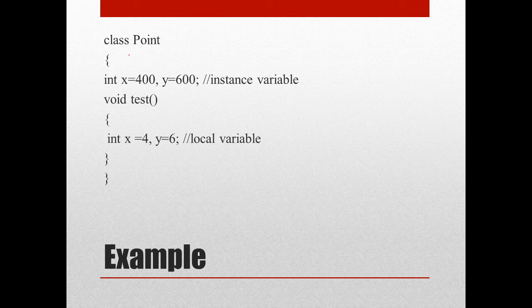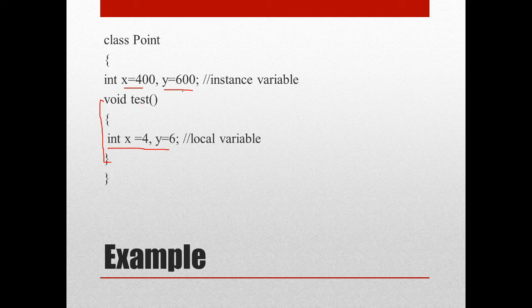In this case, we define two instance variables inside a class. We have integer x is equal to 400 and y is equal to 600. The second variable declaration is this: int x is equal to 4 and y is equal to 4. Take note that this variable is a local variable and can only be accessed in the void test